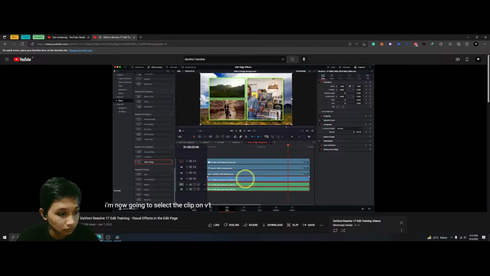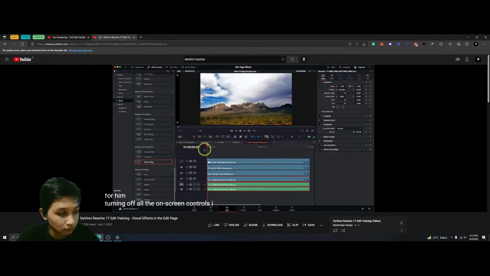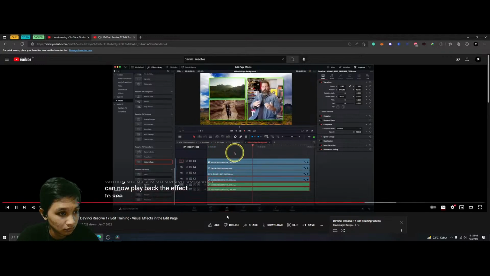I'm now going to select the clip on V1, go back to my transform and reposition my interviewee with a little bit of resizing into the mask that I created for him. Turning off all the on-screen controls, I can now play back the effect to see the